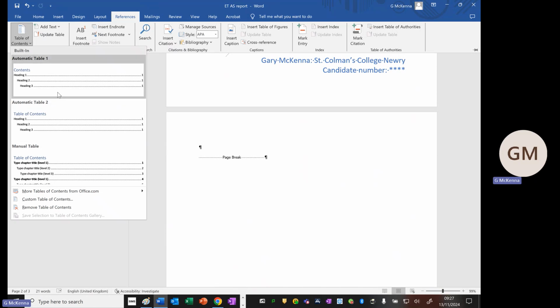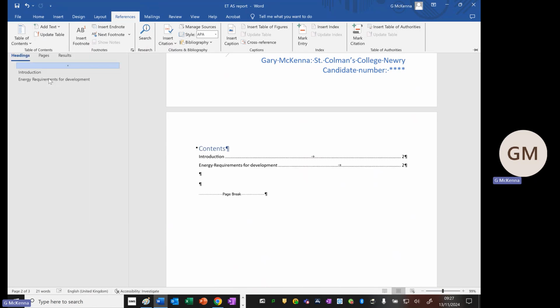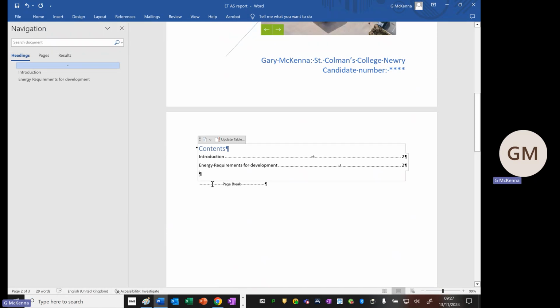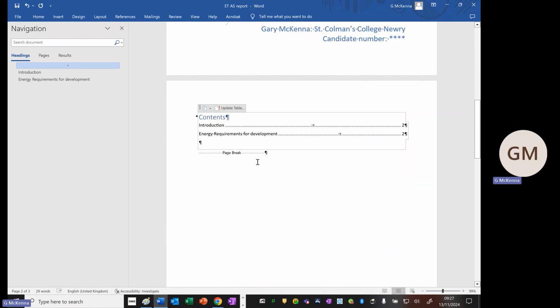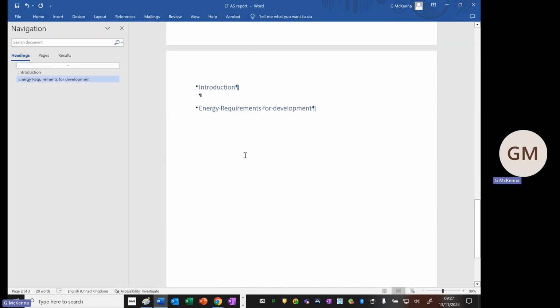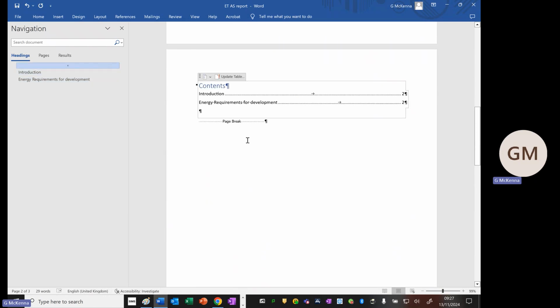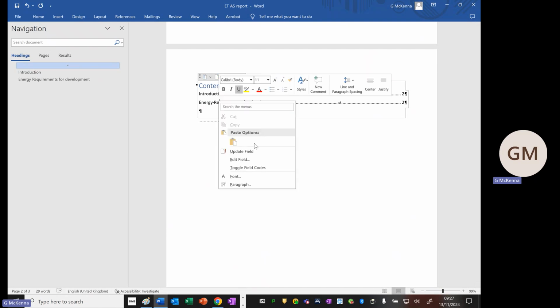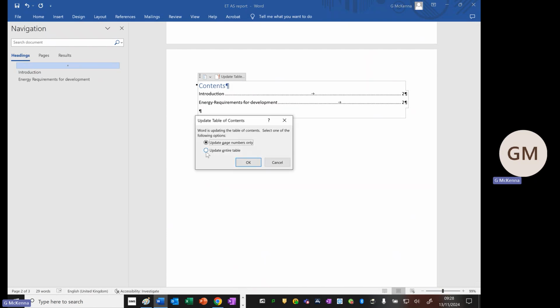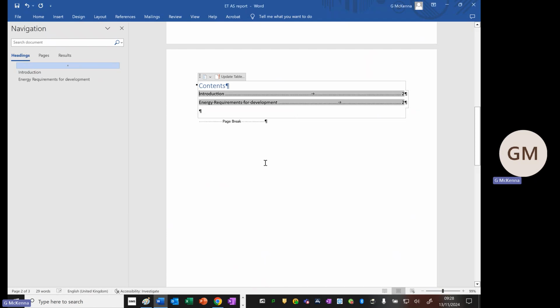Now, you can choose whichever one suits yourself. I'm just going to choose the default up here, and you can see automatically Word will put a contents page in there for you. Now, the benefit of that is that you can then do the rest of your report, putting in your various headings, and then you can come back up here and get the contents page to update automatically for you. So if you just put the cursor on top of the contents page, then do your right click. If you then go to Update Field, select Update Entire Table,